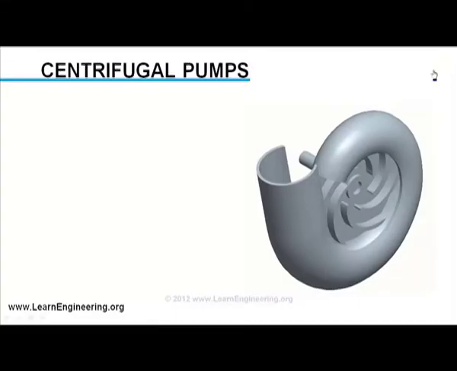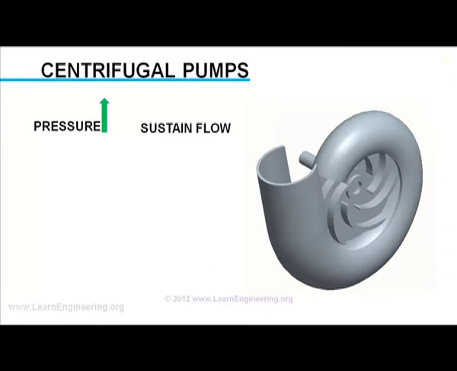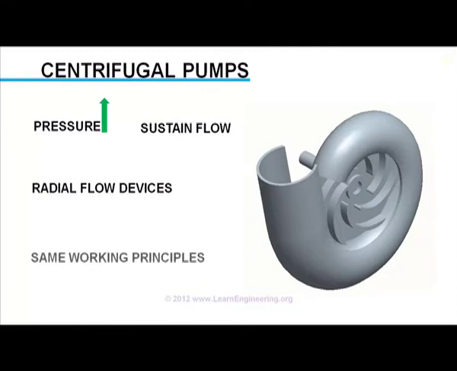Centrifugal pumps are the most commonly used turbomachinery devices, which are used to raise pressure or induce flow in a control volume. They are radial flow devices. Various kinds of centrifugal pumps are available in the market, with different construction details, but the working principle behind all of them remains the same. In this video we will analyze the working principle of a centrifugal pump with a single suction, semi-open impeller. One such pump is shown in the figure, with one part of its casing removed for ease of understanding.